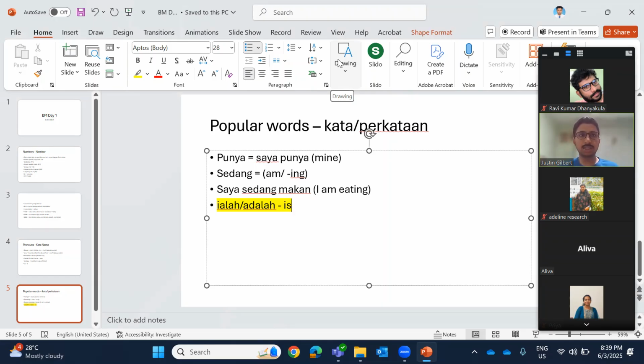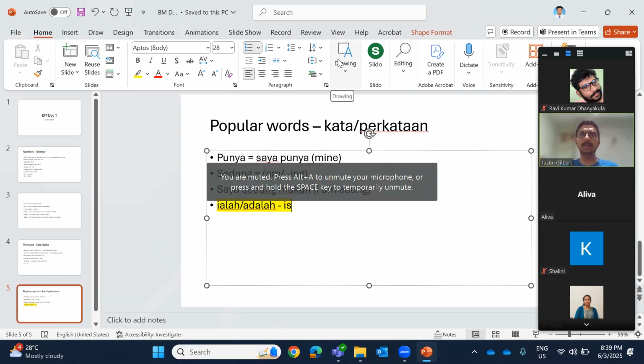Anyone wants to try translating "Dear Chante"? Dia. "Dear Chante" in English is "She is beautiful." Okay, but I did not use the word ialah or adalah. But I use the word "is" in English. So that's the thing. However, if I were to say a sentence in Malay,